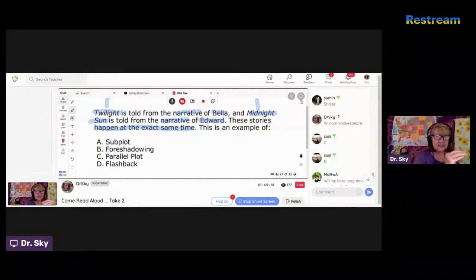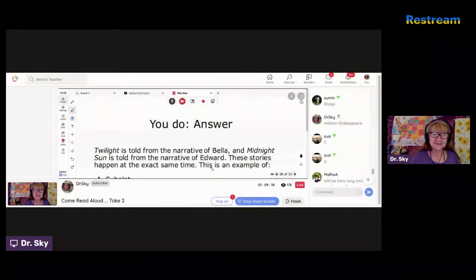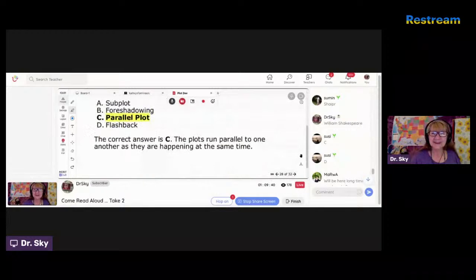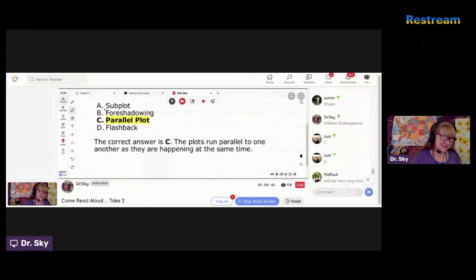It's just one little thing that's happening over here. No. Is it foreshadowing? What is foreshadowing? Is that in the future? Oh, Amon's got it. C. Parallel. Is it happening at the same time? Oh, Elvin, come back up. Or D. A flashback. Did it happen in the past? Parallel. Oh, good job.